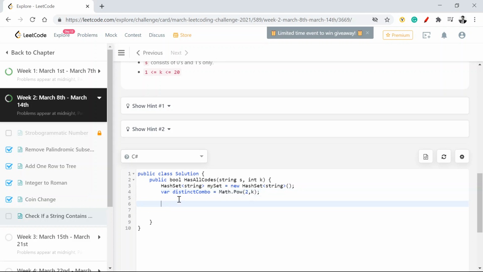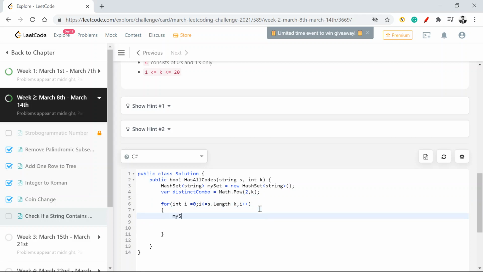Now, outside this, I'll say for int start is equal to 0, start less than or equal to s.length minus k, start plus plus. I'll tell you why I'm doing a minus k here. Now I'm going to find all the substrings.